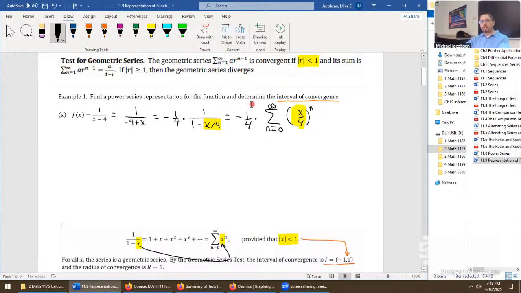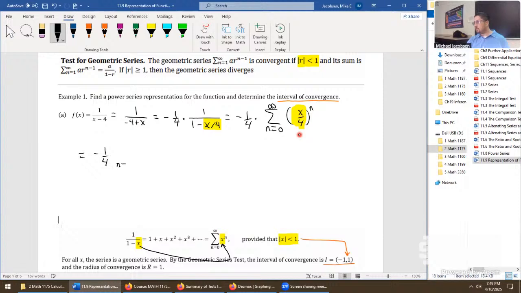You know, honestly, if you stopped right here, that would be okay in my view, except that in 11.9 and the next section, 11.10, we are going further with these. We want to integrate them or differentiate them. And so sometimes we really want to go a little bit farther. So this next step for the simplification is really just a best practice for what we're really getting into beyond these notes. Let's rewrite this as